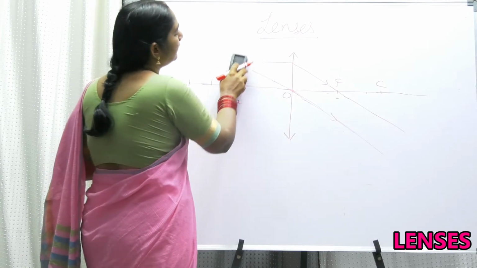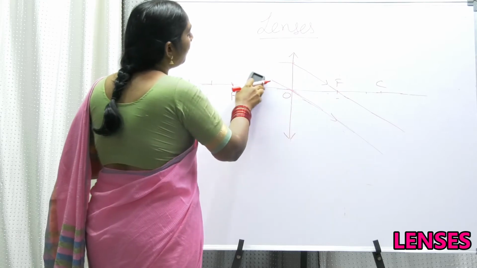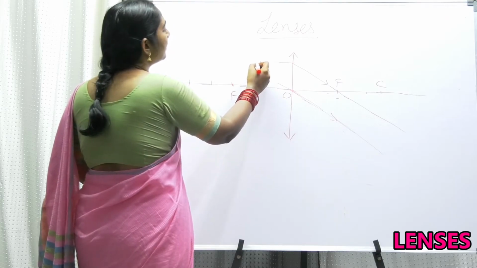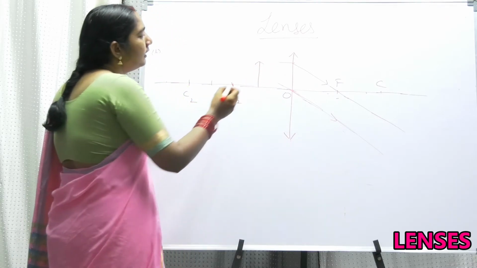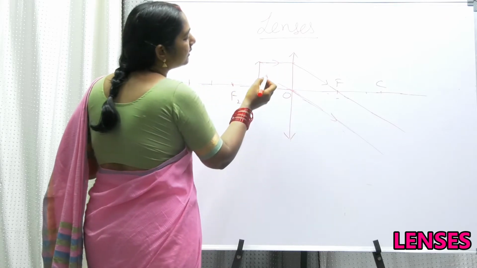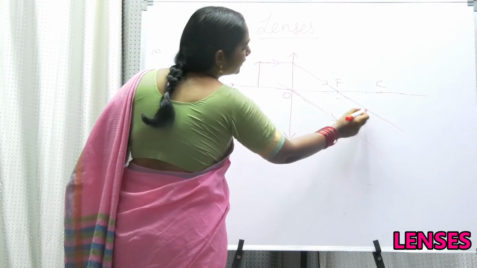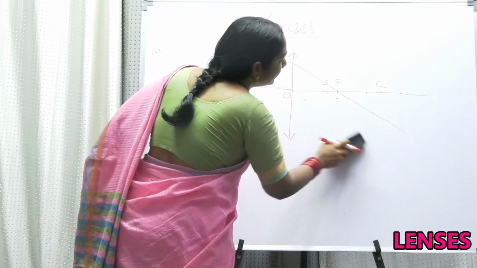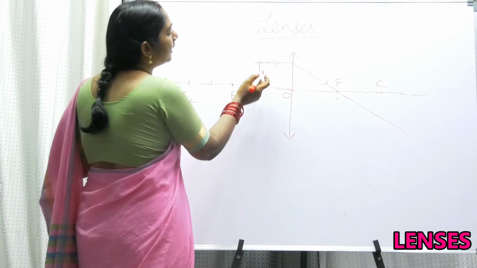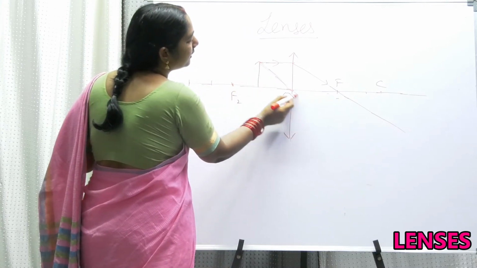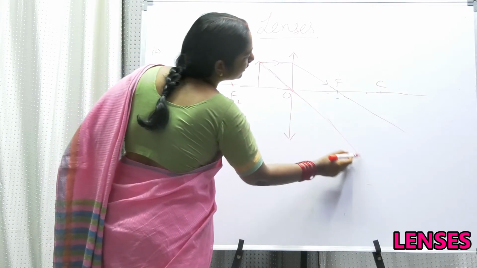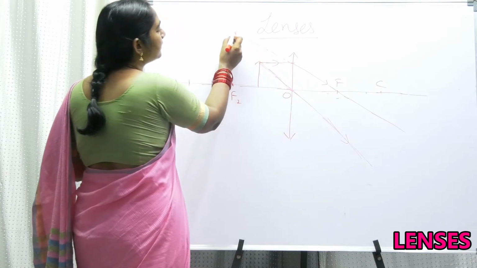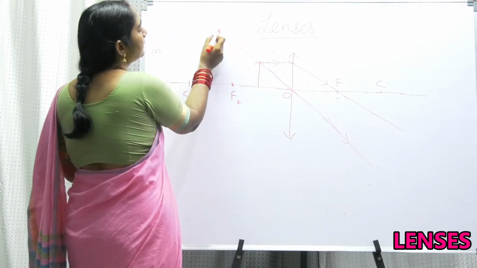In the next case, we are going to take the object between the optical center and the principal focus. Now, my dear friends, one ray is going straight and after refraction it is going through the principal focus. And the second ray is just going like this. Now when you extend these two rays back,